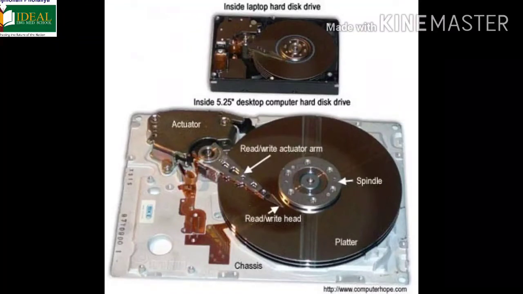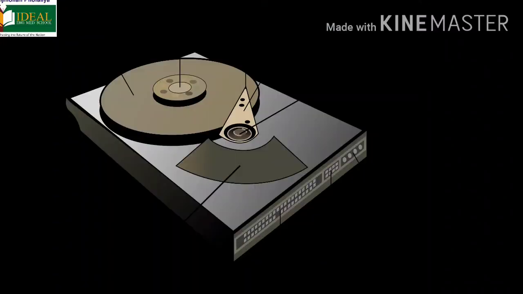We'll see the hard disk in detail. Hard disk. The hard disk is a small magnetic disk enclosed in a sealed box called a hard drive. The hard drive is inside the CPU box and a computer can read from or write on the hard disk. The hard disk stores all the information on a magnetic area, and so information stored in the hard disk will not be erased even if there is an interruption in the power supply or if the computer is switched off. Hence, the hard disk is a permanent storage device. A hard disk is much faster than the other storage devices and it has a huge storage capacity.